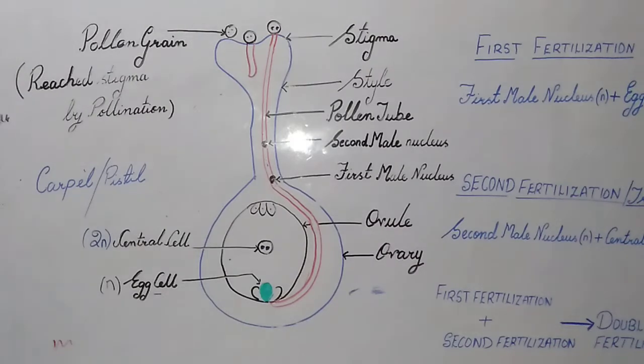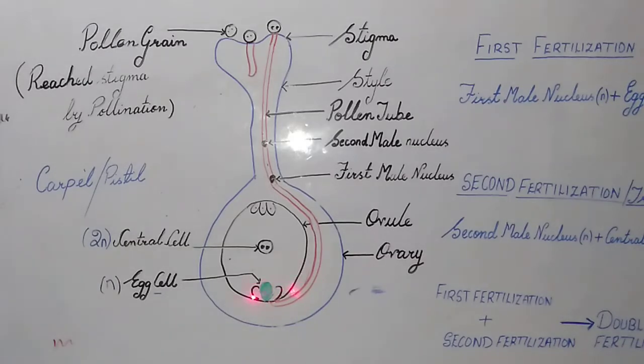And what is there inside this ovule? Inside the ovule we have the female gamete called egg cell, which I have drawn in green. Side by side we have two synergids. In the center we have one egg cell and two synergids. We are not going to go into the details of what synergids do. Our main focus is going to be on the egg cell.